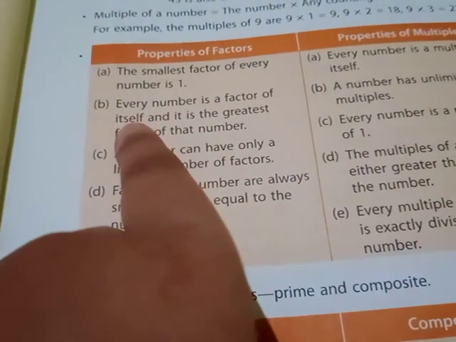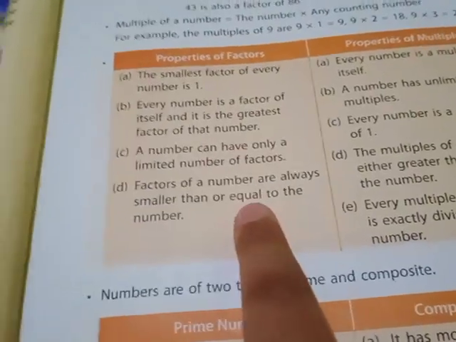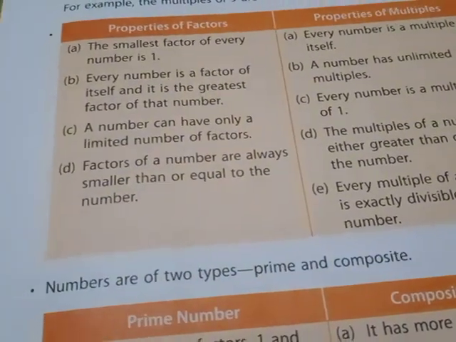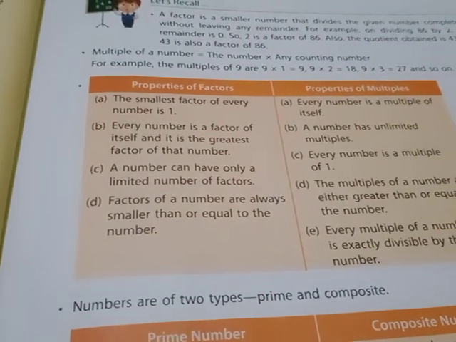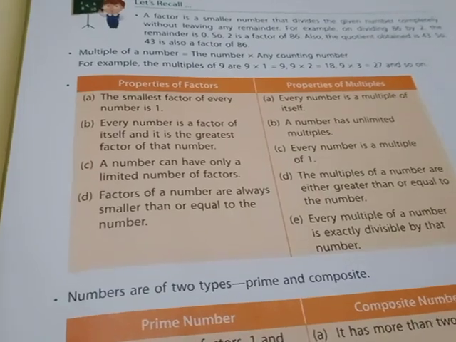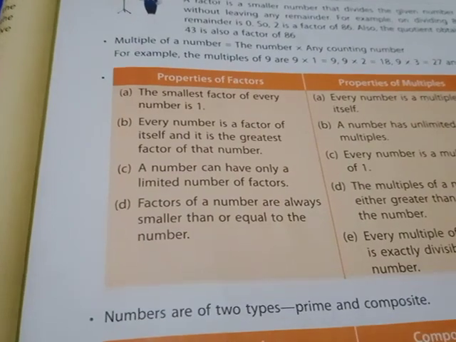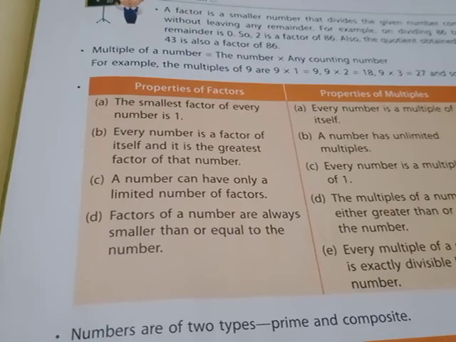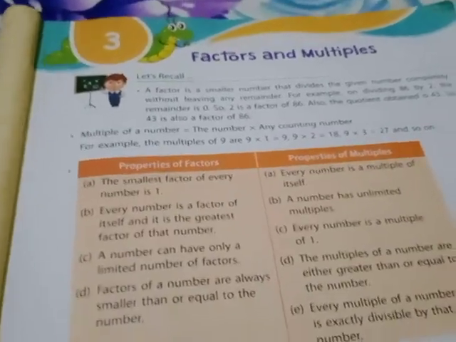Every number is a factor of itself. I told you this also, that suppose it is asked to write the factors of 12. The first one will be 1. What will be the second one? 12 itself. That number 12 itself will be its own factor. Same way 18. What will be the factors of 18? First one will be 1. Then what about the other one? 18 itself. Okay? So just keep in mind, the smallest factor, the first factor, always is 1 and the second factor is the given number itself. After that we will start from 2, 3, 4 and so on counting.